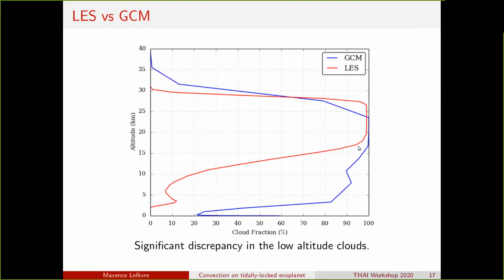You can see that in the two models you have a complete cloud coverage layer that is quite similar in depth and in altitude, but for the low altitude clouds there is a strong discrepancy: for the resolved convection the clouds start to appear at 2.5 kilometers, whereas for the GCM you can have clouds very near the surface, and so the overall albedo for the resolved convection is less than for the GCM.